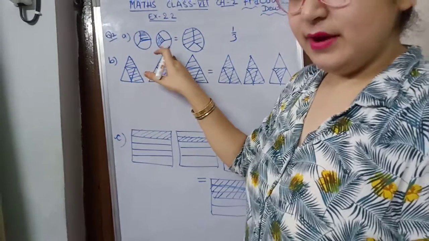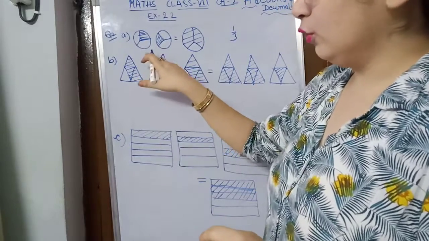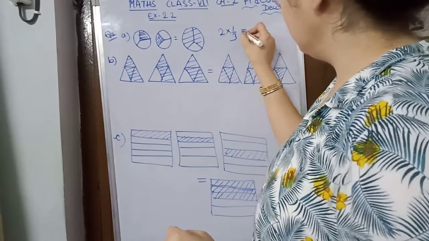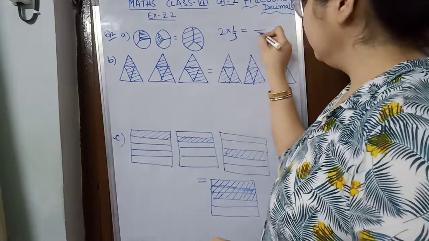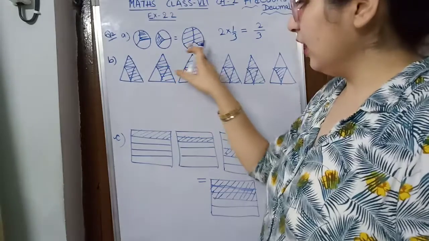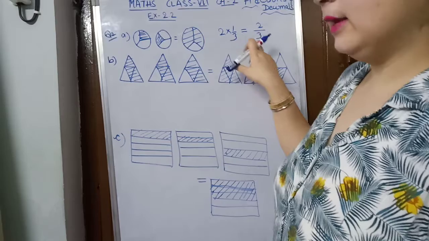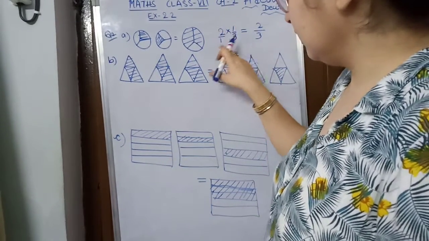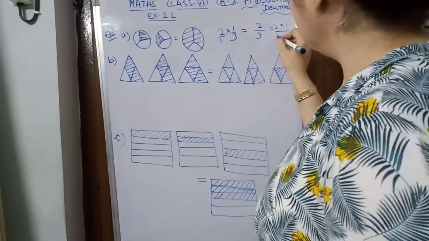If two figures are same and both of them are having same fraction, so we will multiply with the number of figures. Two figures are there na, before equal to there are two figures, so 2 multiplied by 1 upon 3. Now come to answer. There are 3 parts and out of 3, 2 parts are shaded, so 2 upon 3. If they would not have given this figure, we will solve it by ourselves, because how? Whole number multiplied by fraction, we will take 1 as denominator of the whole number and multiply numerator, denominator. See, 2 into 1 is 2 and 1 into 3 is 3.